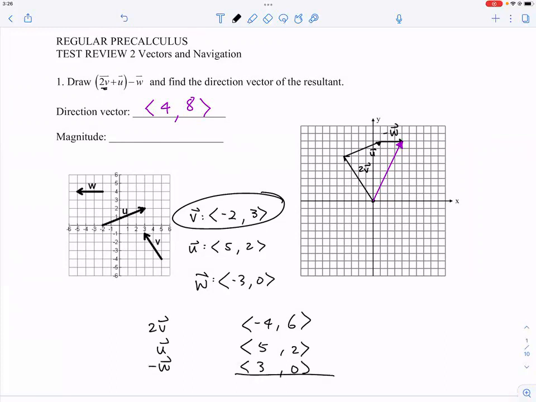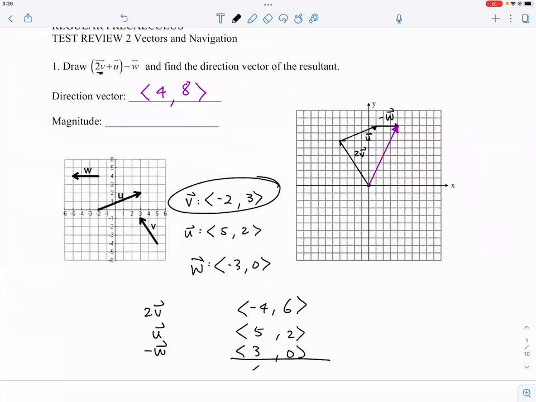So you can add all of them together. So the X component will be 4 and the Y component will be 8. So the resultant would still be the same. So I provide you with 2 different ways of confirming that you got the correct resultant